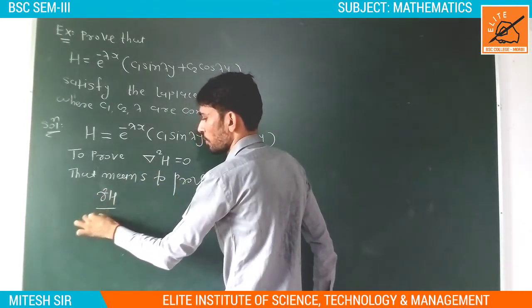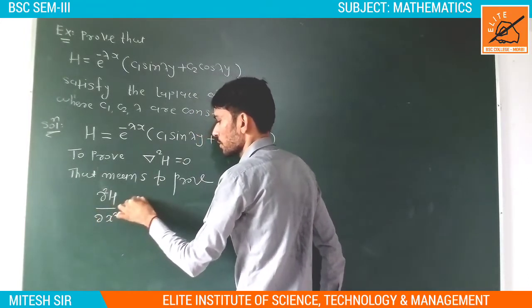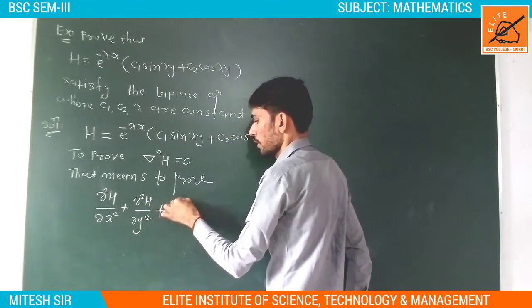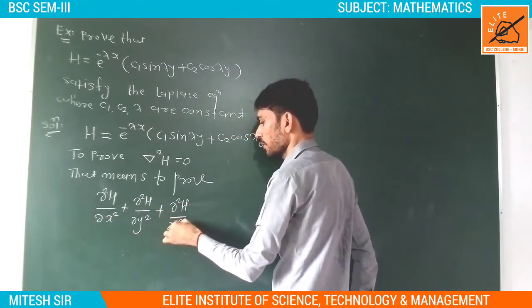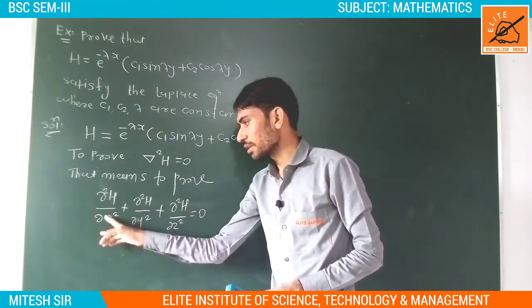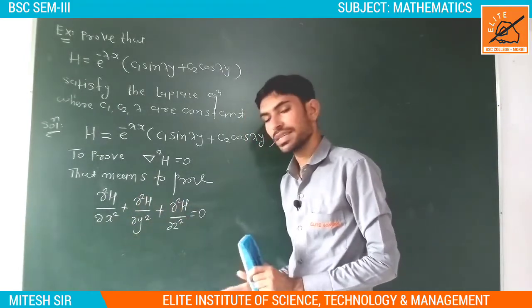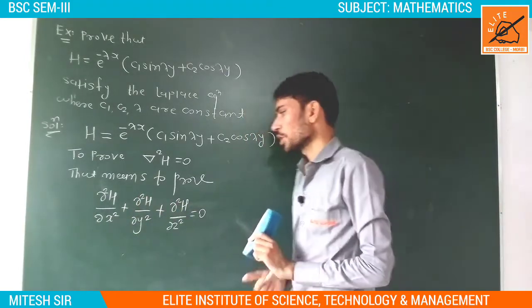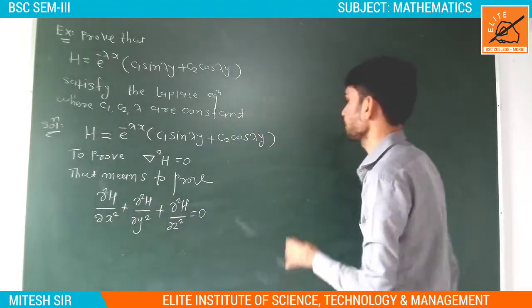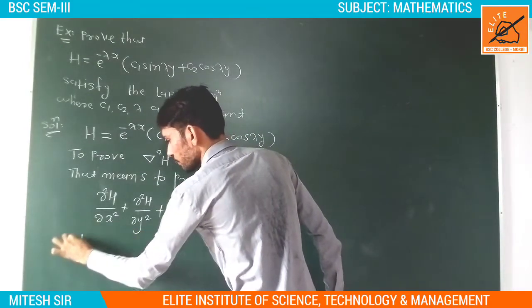What is the formula of the Laplace? Del square h upon del x square plus del square h upon del y square plus del square h upon del z square is equal to 0. So friends, we have to show that del square h upon del x square plus del square h upon del y square plus del square h upon del z square is equal to 0. Here we start our proof with the LHS side and we obtain the RHS side. So let's see, LHS is equal to now